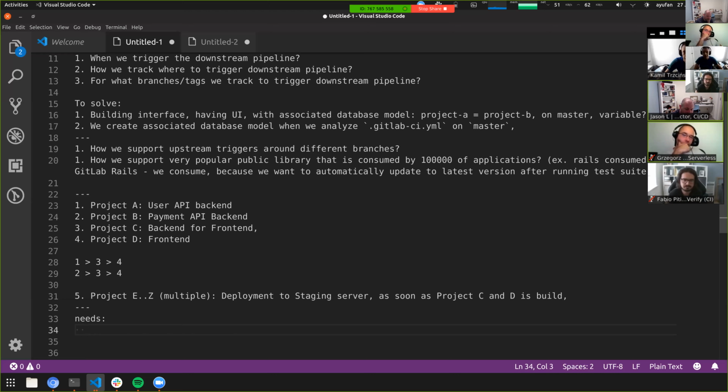So it's not really needs, it's more like triggered by, I guess, because this went through a dozen different names. Needs implies that it's way more than only a simple event system; you want to pass some data across these different pipelines. Triggered by allows you to pass some details about who triggered you.